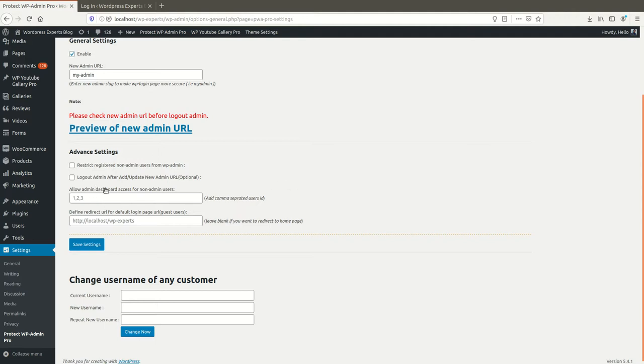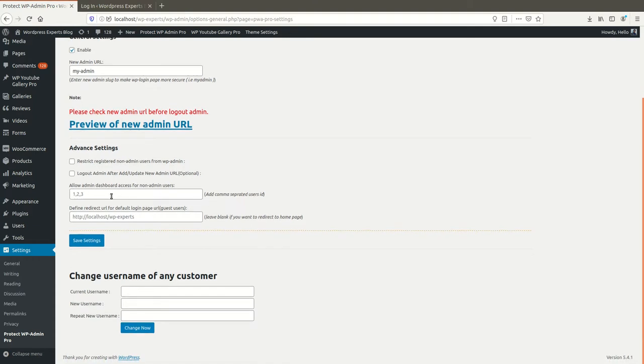Allow admin dashboard access is the same as the free version. You can define multiple user IDs, comma separated, and these users will be able to access the WP admin dashboard after logging into WordPress.